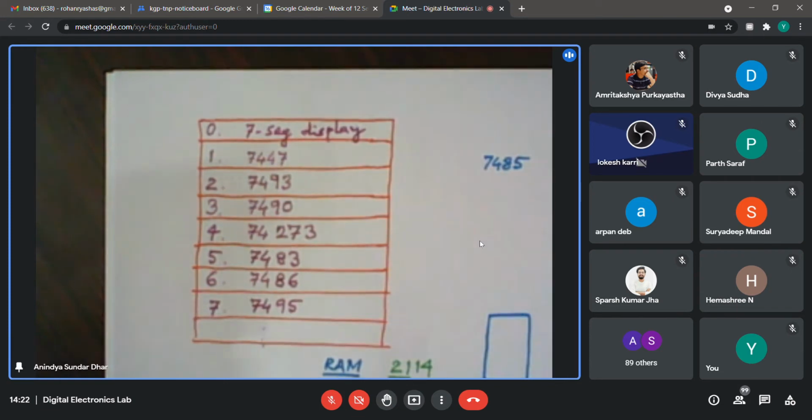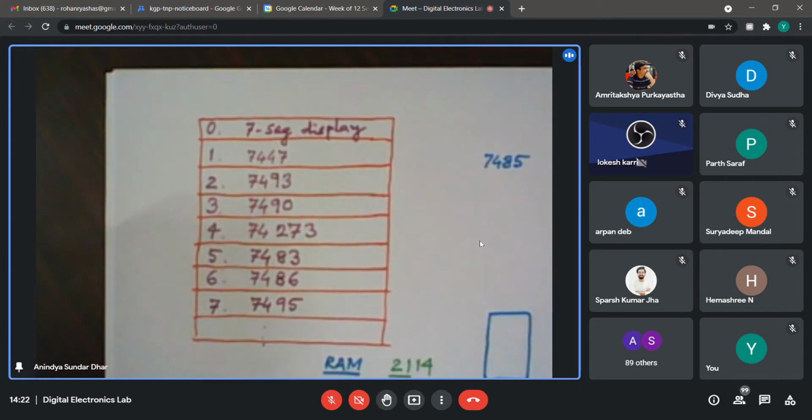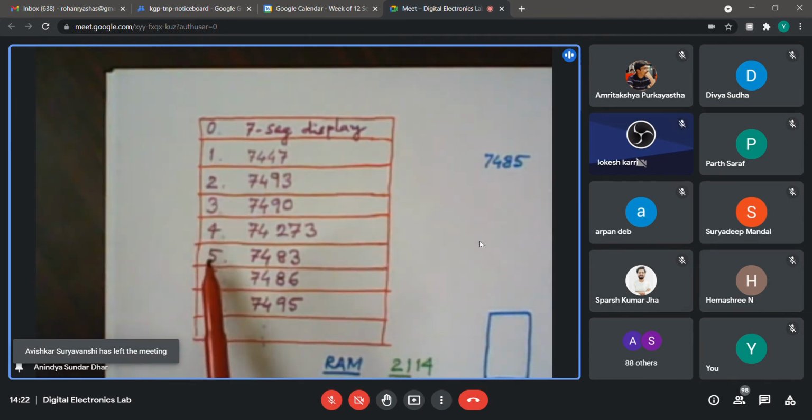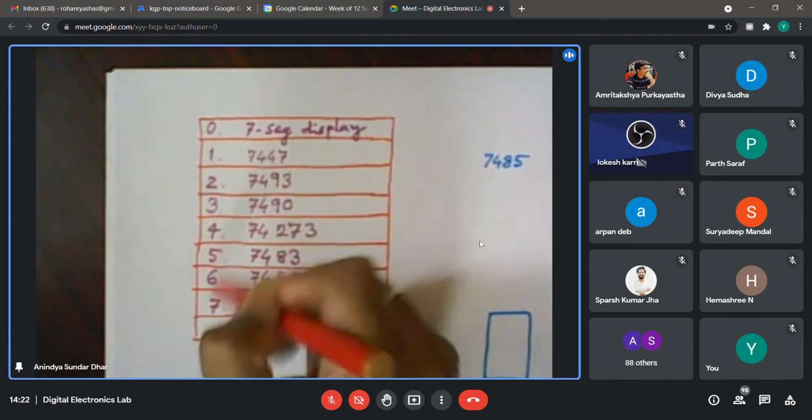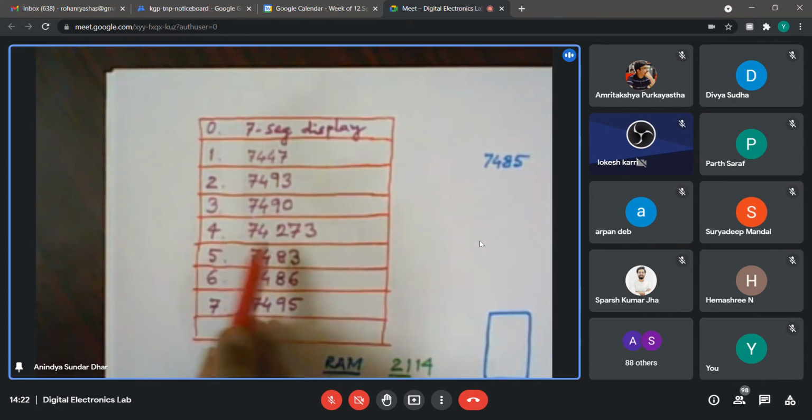Okay. So if I ask you, what is written on, say, line number 5? You can just look into this, which one is line number 5, and then what is written, you just spell it out, that okay, 7483 is written on that. So this line number by which we are referring to a specific content, whatever is written, I could have written something else also here, right? But the line number remains same, it remains 5th line.